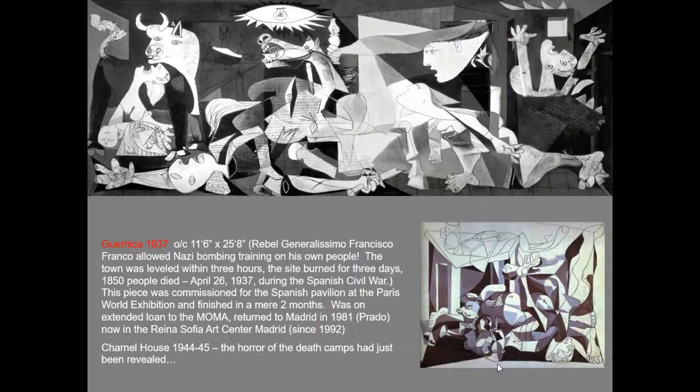The piece to know here for the test is a very critical piece. It was originally meant to be exhibited in the Spanish Pavilion at a World's Fair, and then news broke of a really tragic event that had taken place. The Spanish were in the middle of a power struggle, a civil war, and on one side you had General Franco, and Franco was trying to seize control through military action, but he didn't have